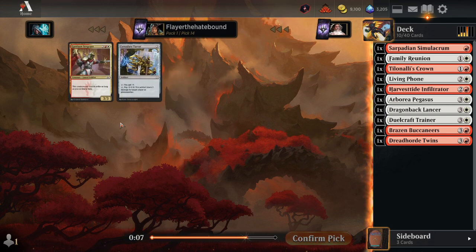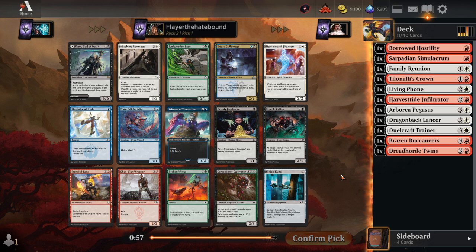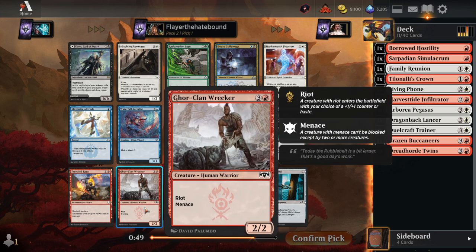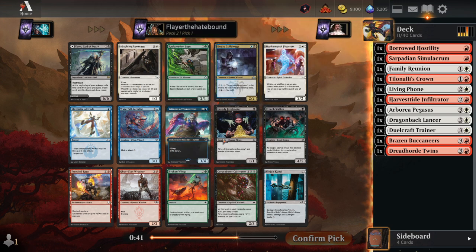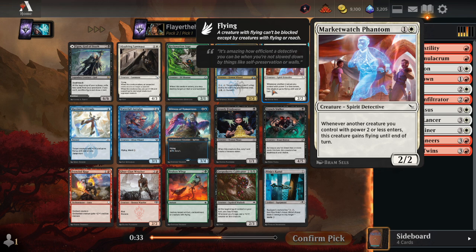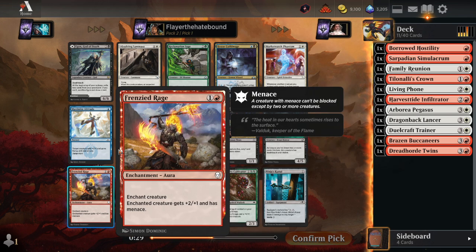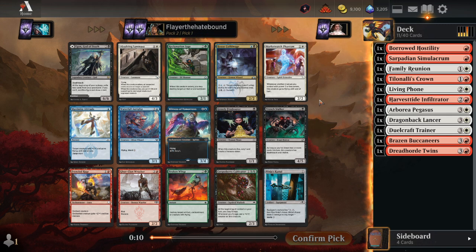Like, the Sultai one allows you to... The effects are good. I like the effects. But the Sultai Sin allows you to exile a card at random and then copy it. And you get to play the copy or whatever. And if it's a land, you do it again. And then the Simic one has to do with counters. All suspected creatures are known. Okay, I mean life gain on death, but